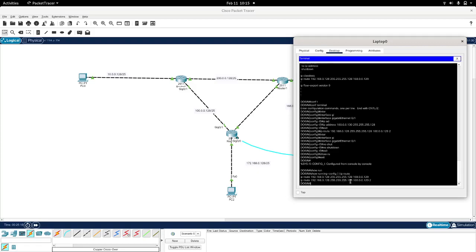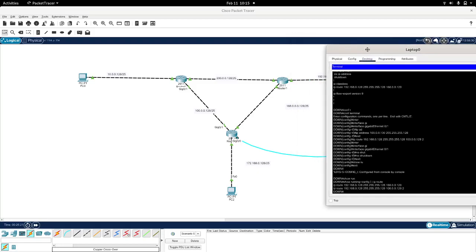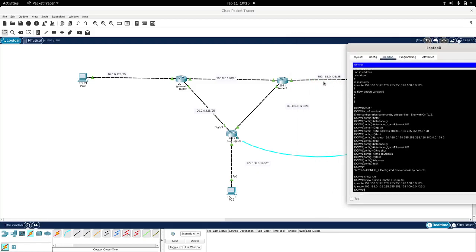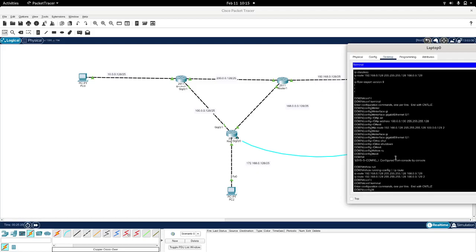We have two routes, right? Two routes to reach this network on the right hand side. Now we're going to do exactly the same for the other network, the network 10.0.0.128. We need to reach it via primarily IP routes